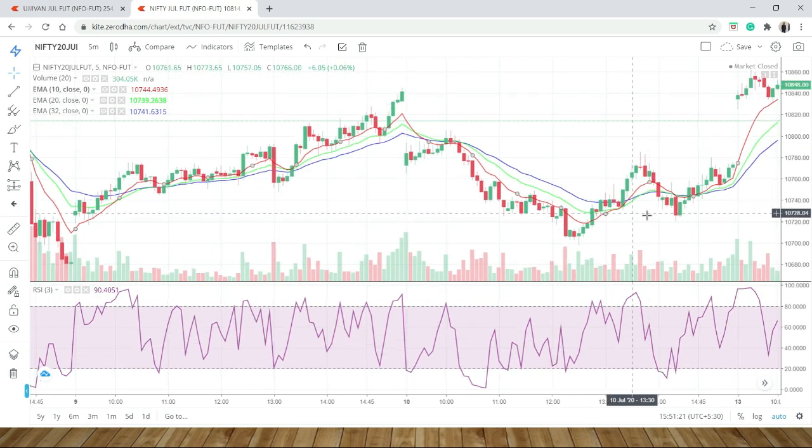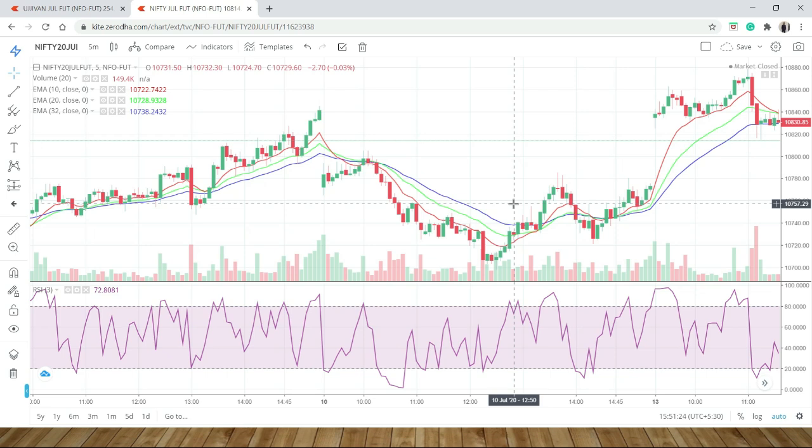So this setup can probably give a buy or sell call daily. At least one call is generated from this setup in an index. So if you are trading index futures, and it is a trending day or a gap up or gap down day, then one call is generated from this setup.